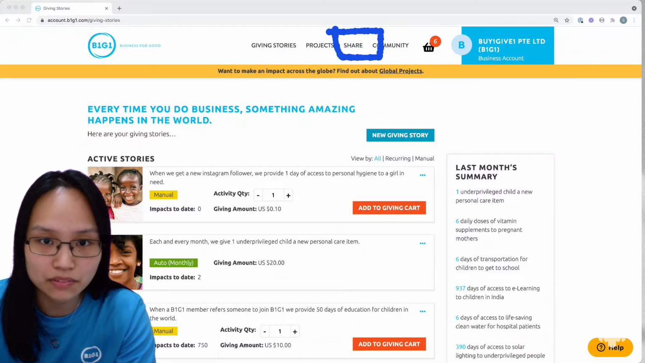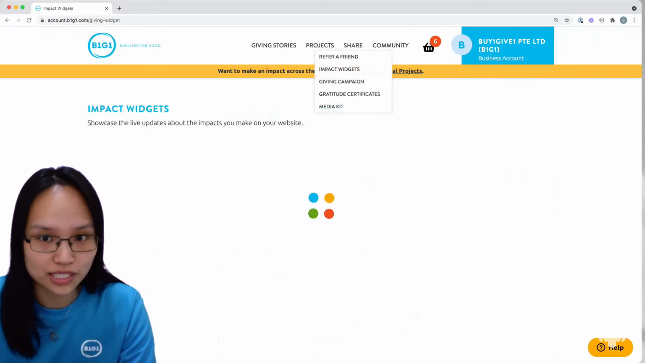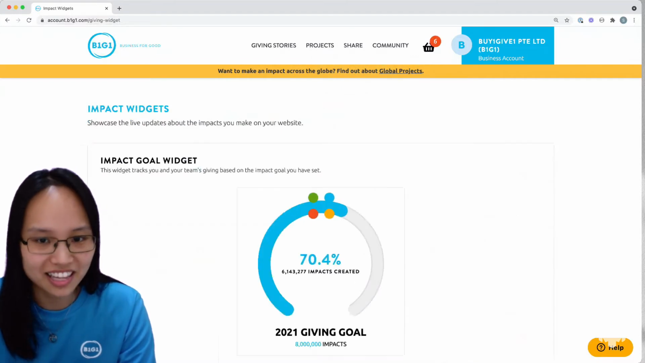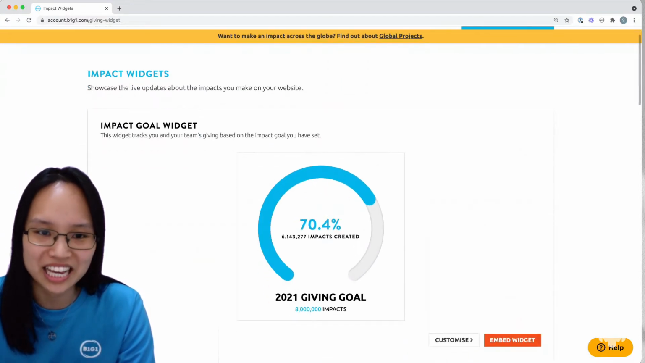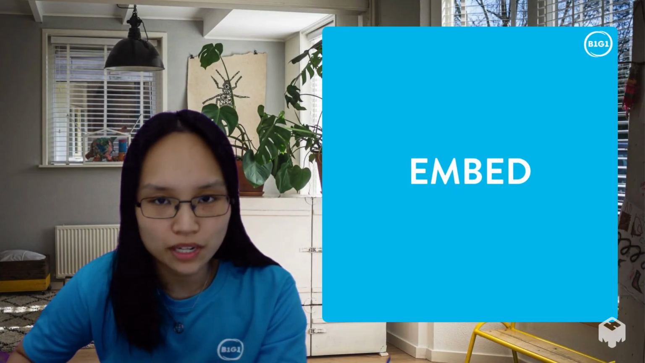tab, this one right here. If I click on that, the second option is Impact Widgets. I click that, and then it'll take me to this page where the remaining 8 of the widgets are. Okay, so those were all the 9 widgets on B1G1, and if you want to share some of them, you